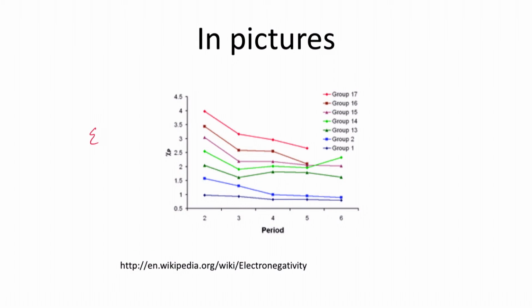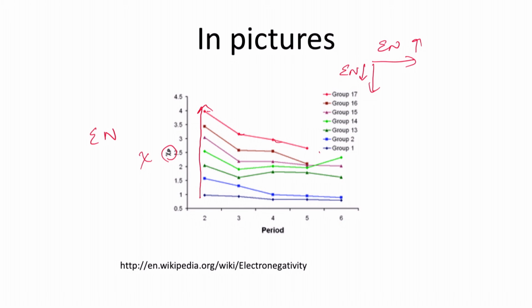The symbol for electronegativity is sometimes En, or the Greek letter chi, which looks kind of like an X. And on the bottom here, on the x-axis, is the period. You can see the trend that within a certain period, as you go across the period this way, the electronegativities increase. So if you go across a period, electronegativity increases. And as you go down, the electronegativity tends to decrease,